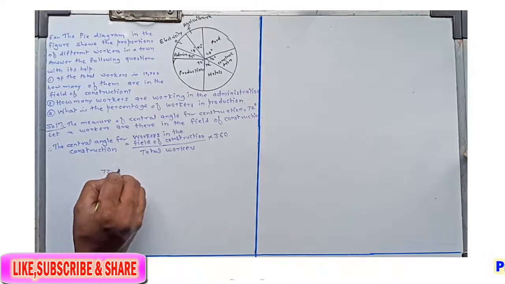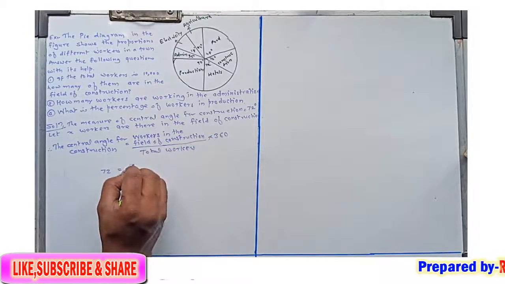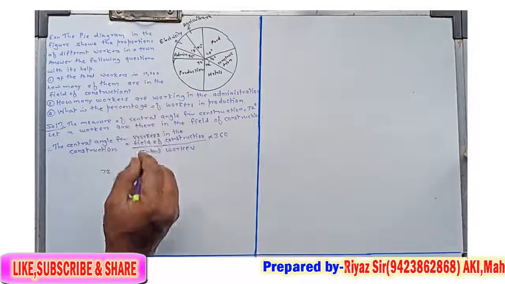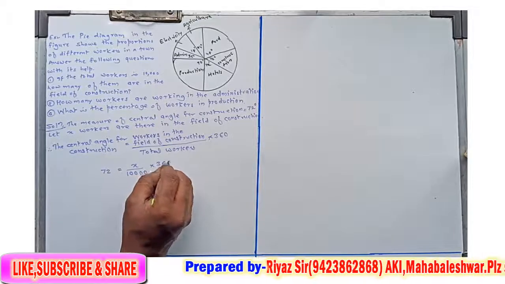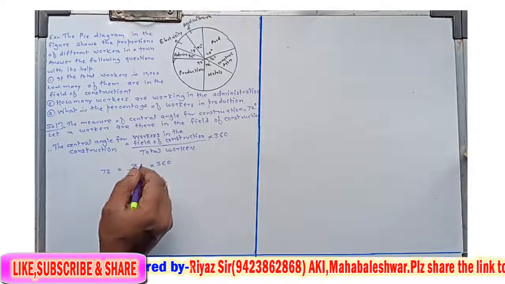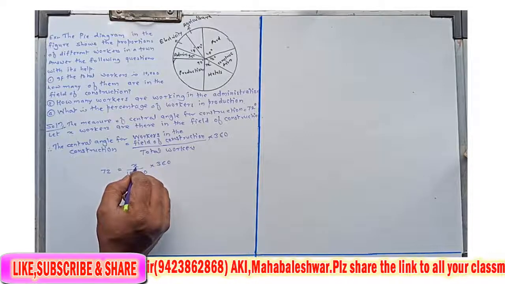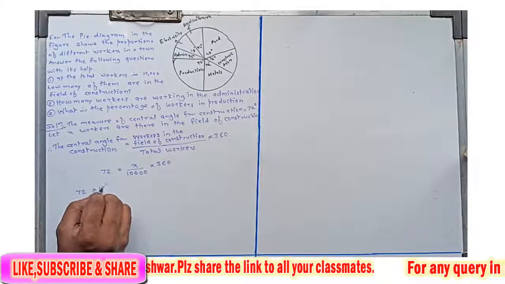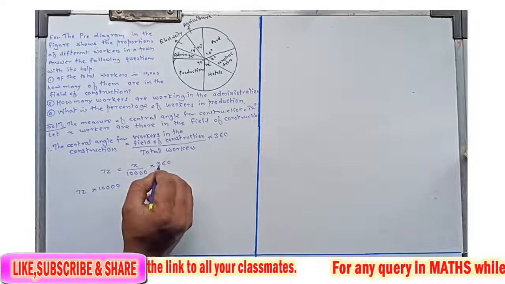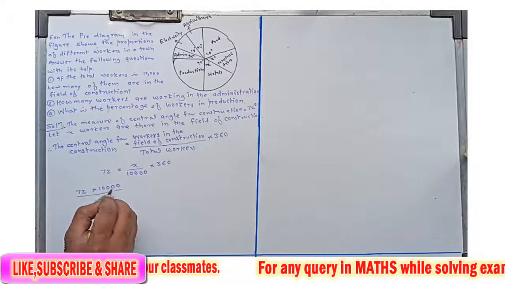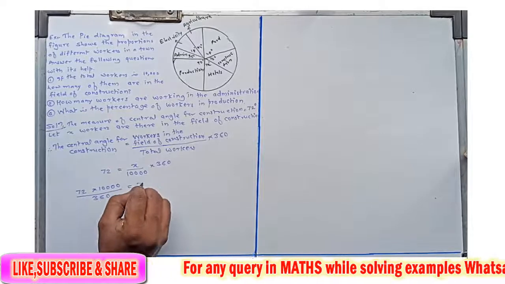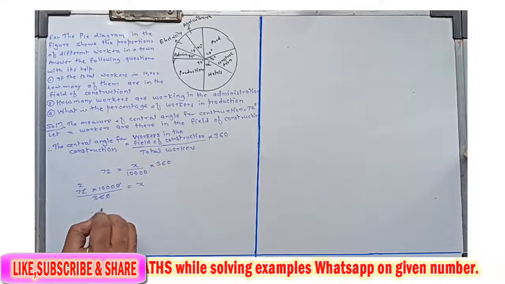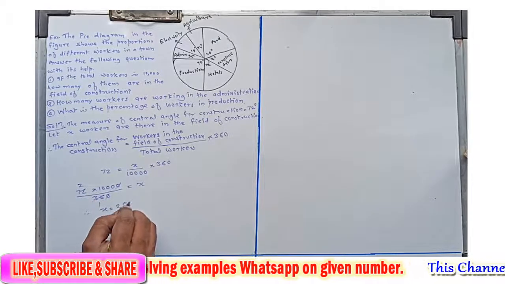So you will take here 72 is equal to total workers in the field of construction we consider as x divided by total number of workers, that is how many total workers, 10,000 workers are there, into 360. ठीक है. Now solve this equation and find the value for x. To find value for x is in numerator, so we keep that x as it is. Here 72 and this 1000 is in denominator on left hand side, it comes in the numerator and get multiplied there, and this 360 is in multiplication on left hand side, it comes in the denominator, divided by 360 is equal to x. So this zeros get cancelled, 36 ones are 36, 36 twos are 72, and therefore x is equal to 2 into 1000, that is 2000.